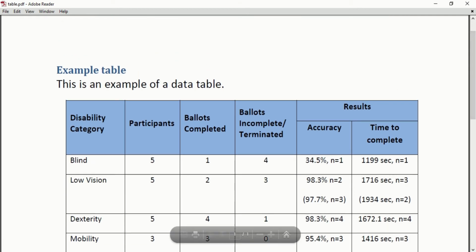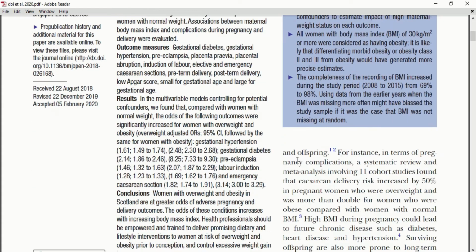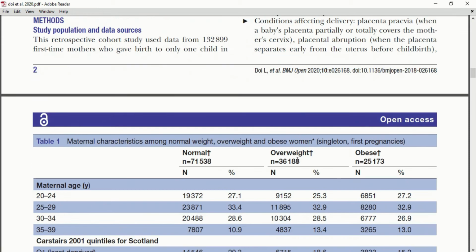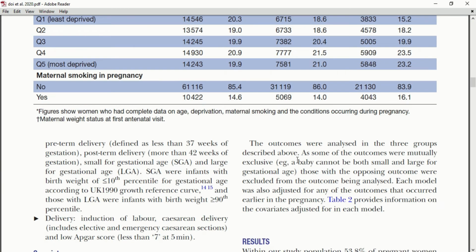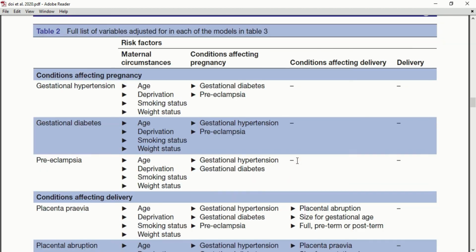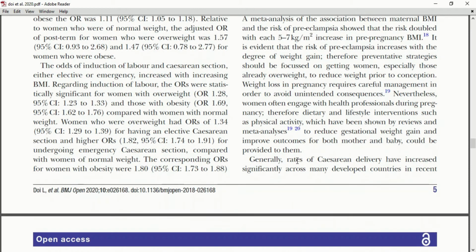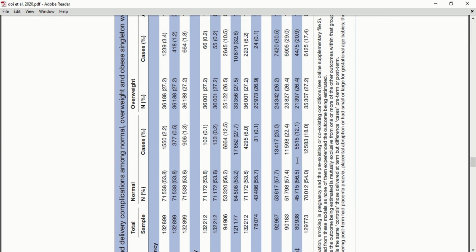Now we have a second PDF, which is a research paper. You can see this is a research paper and you have a lot of different tables available within this PDF. You can see this is a complex table. Although there are a lot of different tables like this one, other tables are also available in this PDF. Now you can see this is also one of the tables. Now we want to convert and send all these tables into our Excel file. How can we do that?